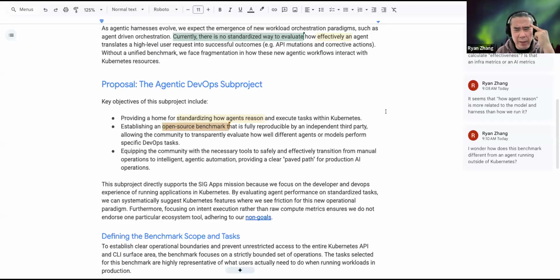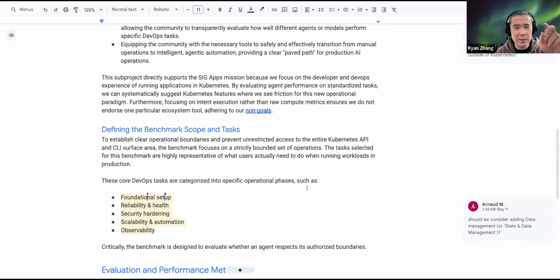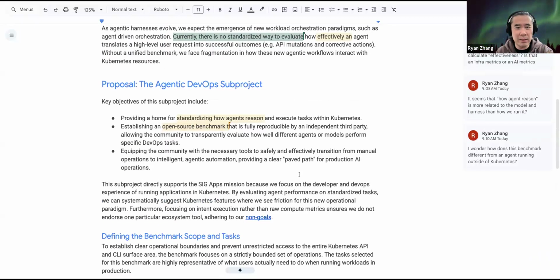Do we assume that... just go up a little bit on the right, at your cursor. Where's your cursor now? Not on the right side, the left side, the establishing in the second key objective. Yeah. I just want to clarify: do we assume the agent only does DevOps tasks?